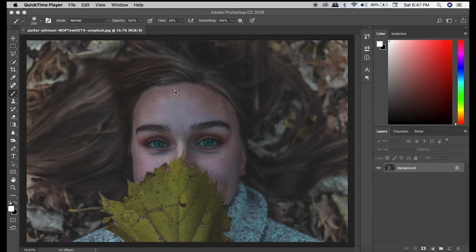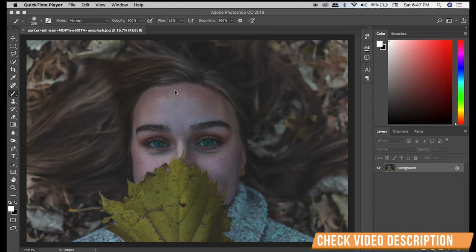Hi, in this tutorial I will show you how to use Photoshop's Curves Adjustment layer. This is my third Photoshop tutorial. Please check the video description for the previous two videos. We will use a few Curves Adjustment layers to make this picture look more amazing to our eyes. If you want to practice the tutorial, check the video description to download the same image which I am using.